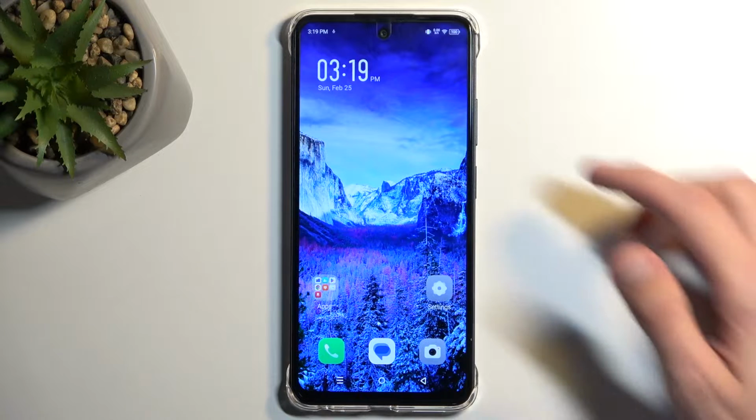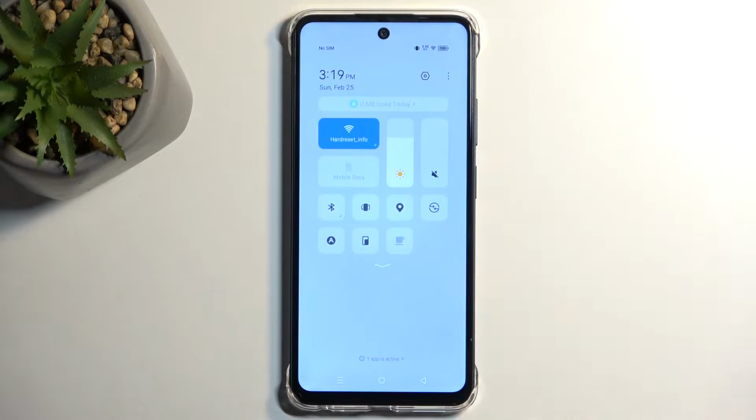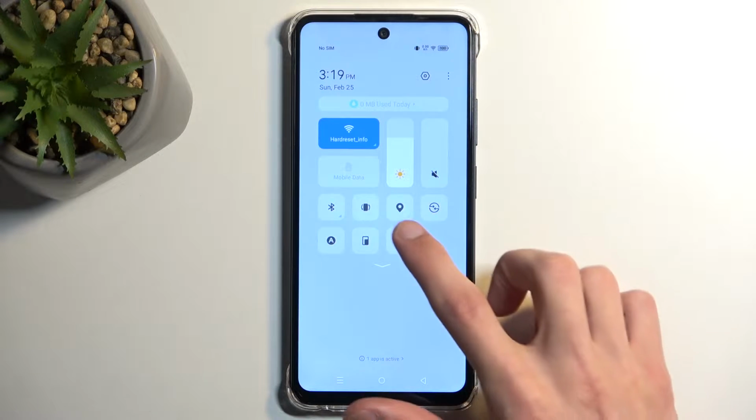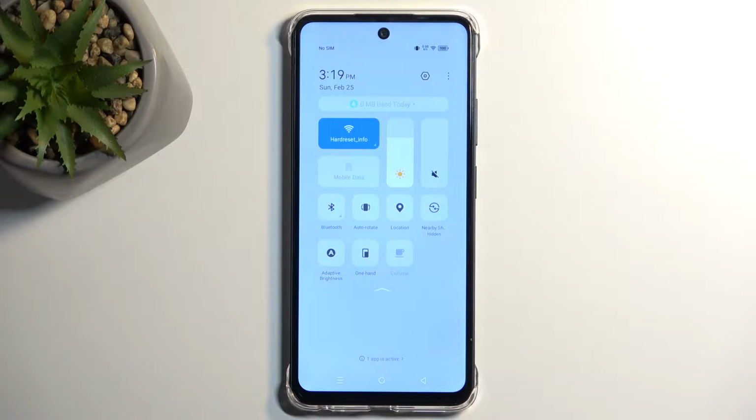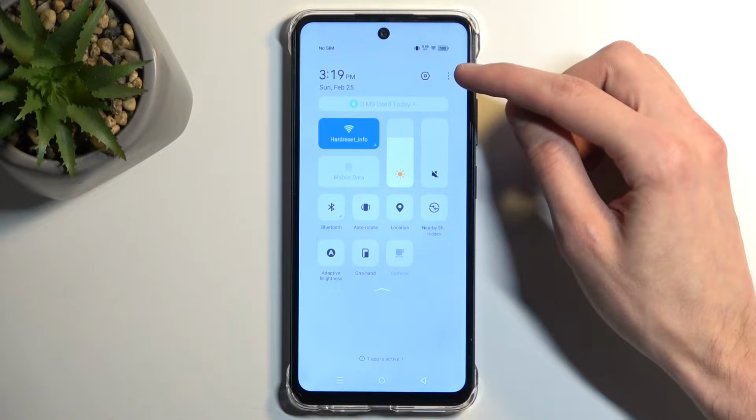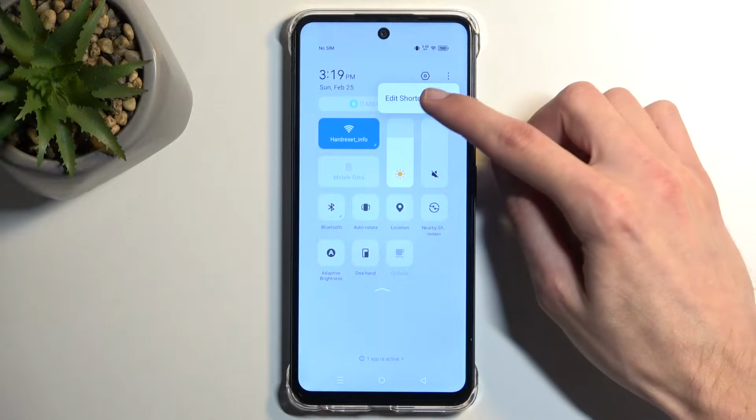So, to get started, you want to pull down your notifications by swiping down from the top of your screen, and then swipe down once again to extend the list of visible toggles. Now we are looking for the screen recording toggle, which by default looks to not be added, so we will need to do that ourselves by clicking right here on these three dots and then selecting edit